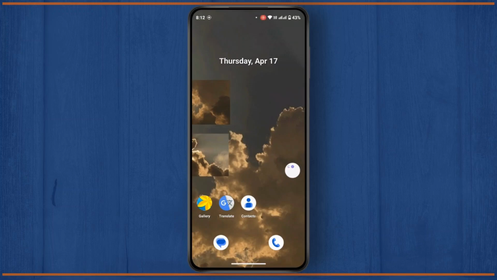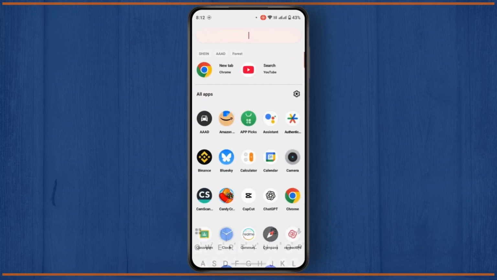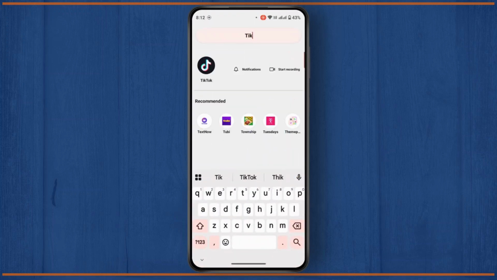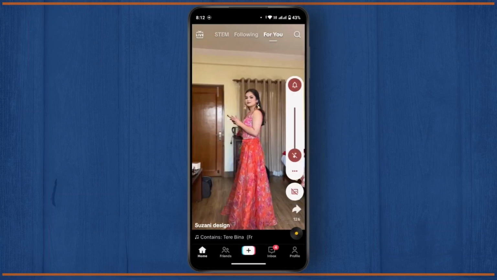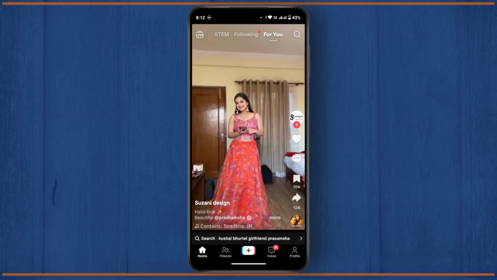And on today's video, we will learn how we can delete all of your messages on TikTok. So without further delay, let's get started. First of all, launch your TikTok application in your mobile device and make sure that you are logged in with your preferred account. Now head over to your chat section by tapping on the inbox icon at the bottom right